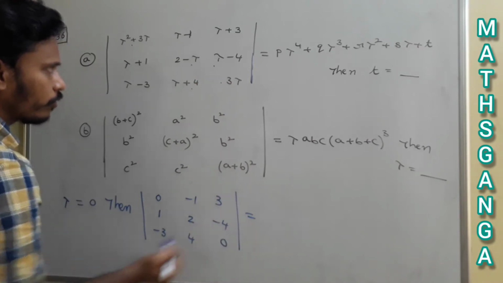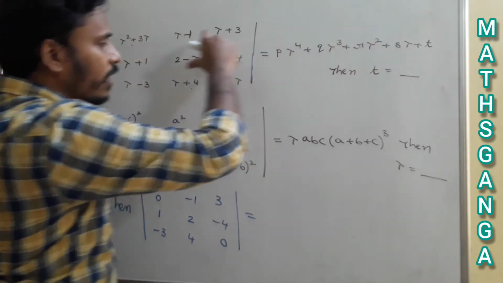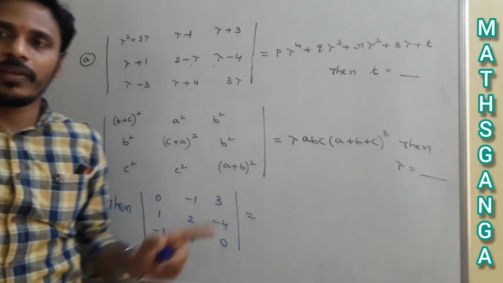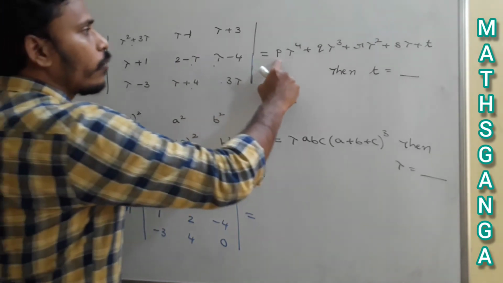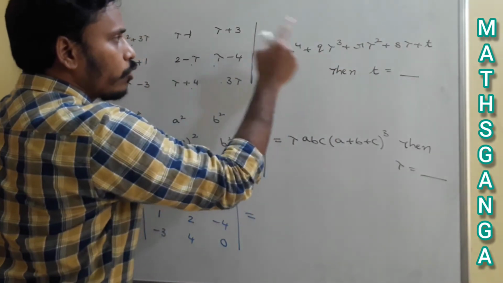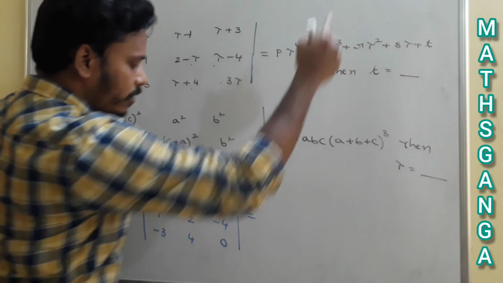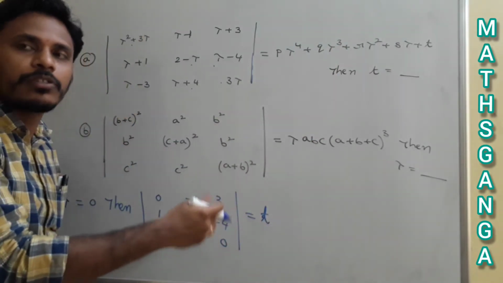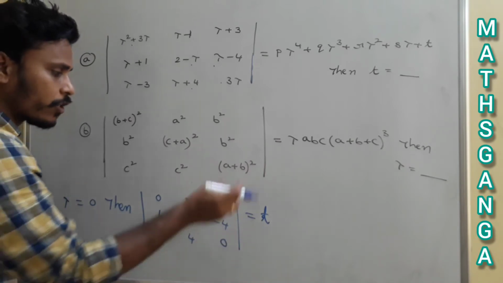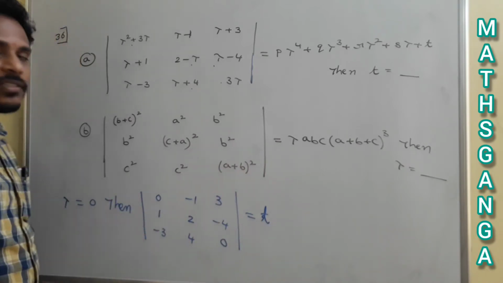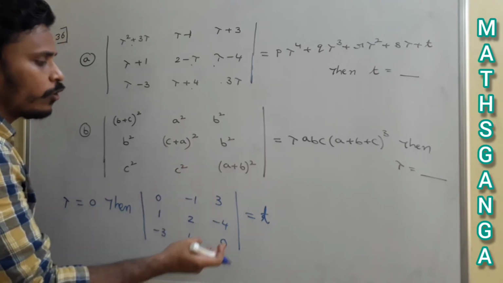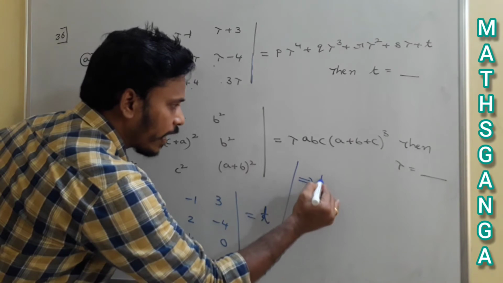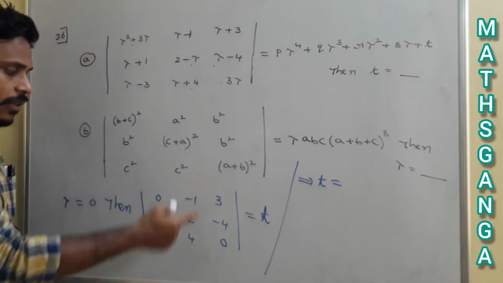This total equation is the given matrix equation, and we are taking lambda equals 0 in the total given equation. So if you take lambda equals 0 in this part, so p into 0, q into 0, r into 0, s into 0, you will be left with only t, or you may take 0 plus 0 plus 0 plus 0 plus t, no problem, right? So at the end the right side is t and the left side is this determinant. Since we need only the t value, the t value is simply nothing but this determinant. So in the next step, the value of t is just nothing but its determinant.